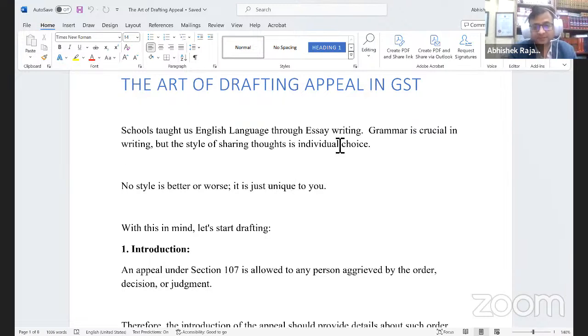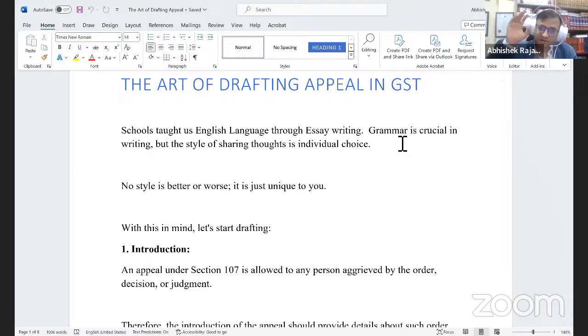So as I discussed earlier, everyone wrote a different essay. Of course, when it is about my best friend, everyone has a different best friend. So that's why the essay could have been different. But otherwise also, everyone had a different essay. Similarly,